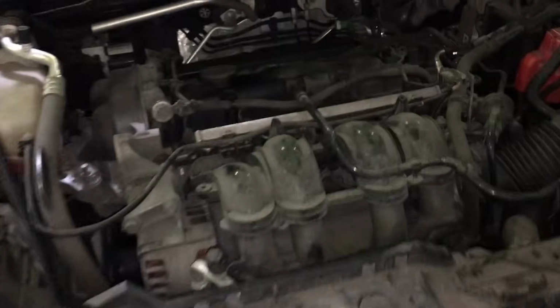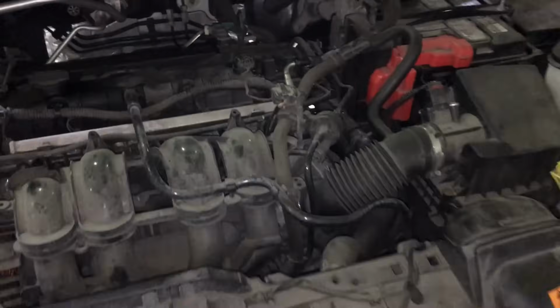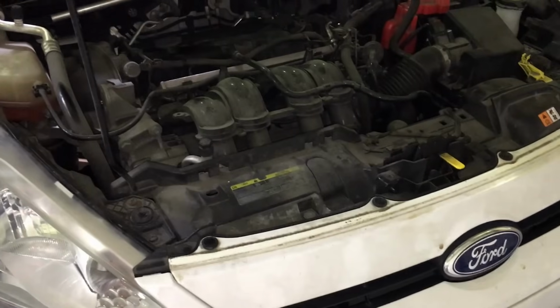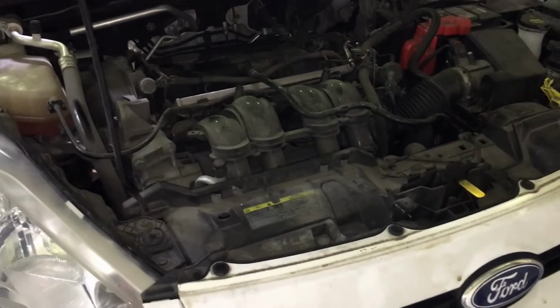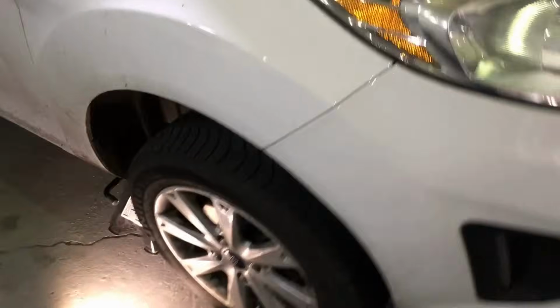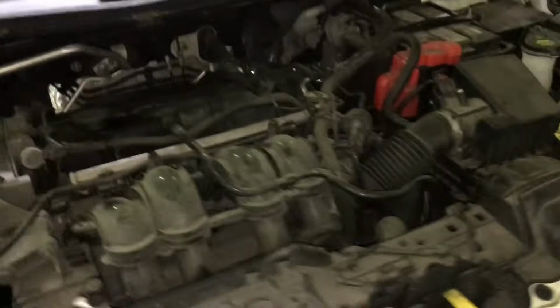Guys, today I have a DPS6 that we're going to be changing fluid on, and this is going to be on a 2014 Fiesta, but of course the focus is the same. They're the same throughout all the years that the DPS6 was out, which is 2011 and on. Now the very first thing you want to do is jack it up just like so, okay? Get it on some jack stands, both sides nice and even, and we can go underneath and start the draining